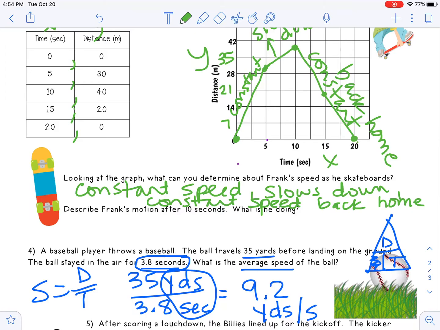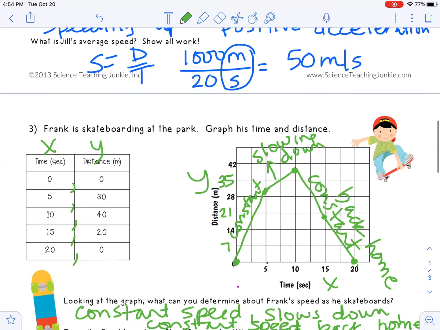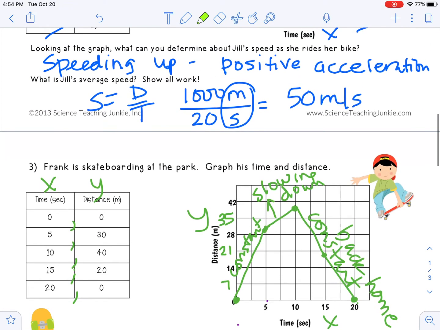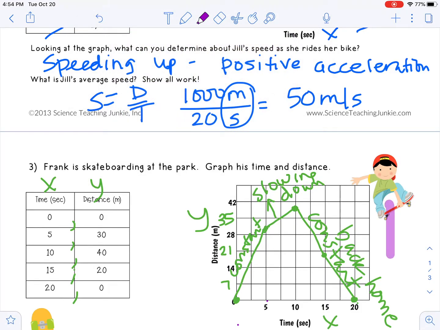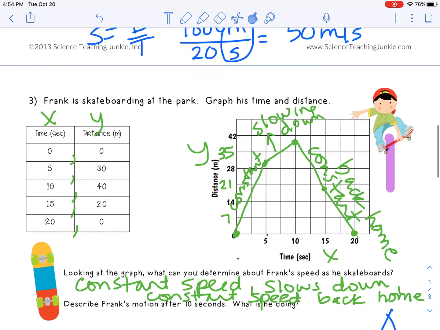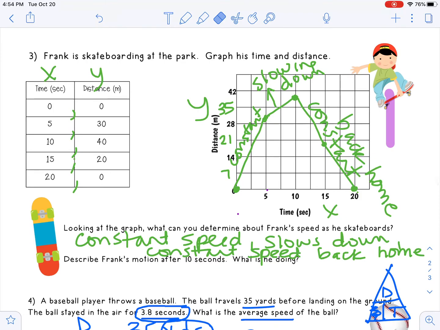All right, so describe Frank's motion after 10 seconds. So let's take a look at that. Where is 10 seconds? Okay, so what's happening here? All right, so here's our 10 seconds. So now we're really looking at this right here, aren't we? So what is he doing during that time? He is returning back